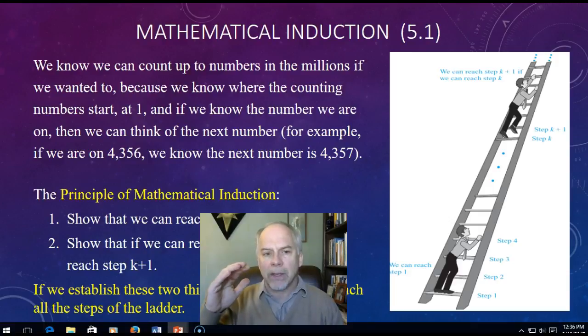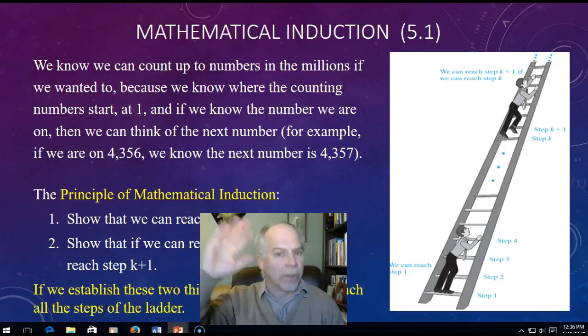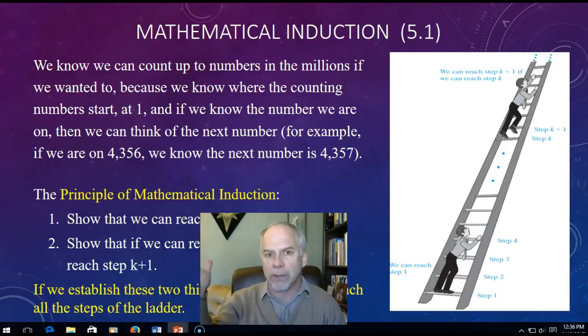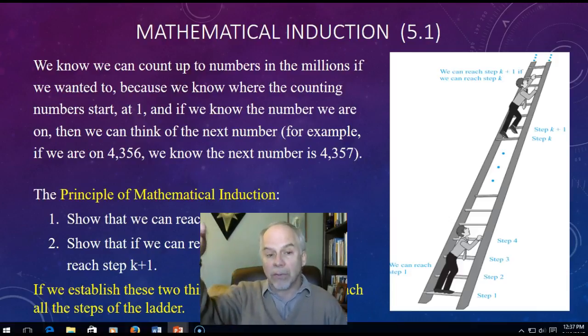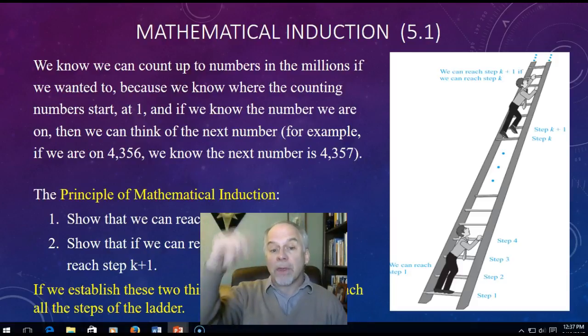We know that we can count up to numbers in the millions or even billions if you wanted to, because we know where the counting numbers start. They start at the number 1. And if we know a particular number that we're on, then we can think of the next number. For example, if we were on 4,356, we know that the next number is